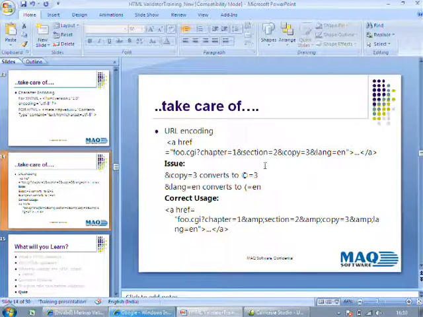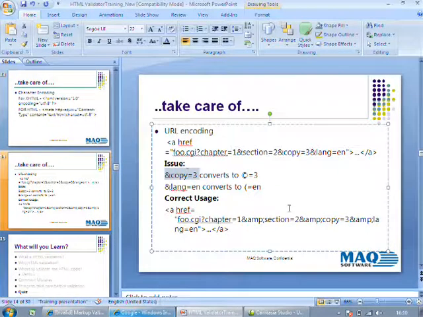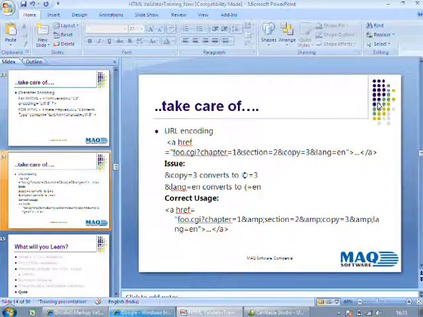Actually the browser will understand this ampersand copy as a copyright symbol, and it will make this ampersand copy is equal to 3. It will render the page like this. So this is an invalid URL. So you should give the ampersand as ampersand AMP when you are specifying these URLs in your web page.